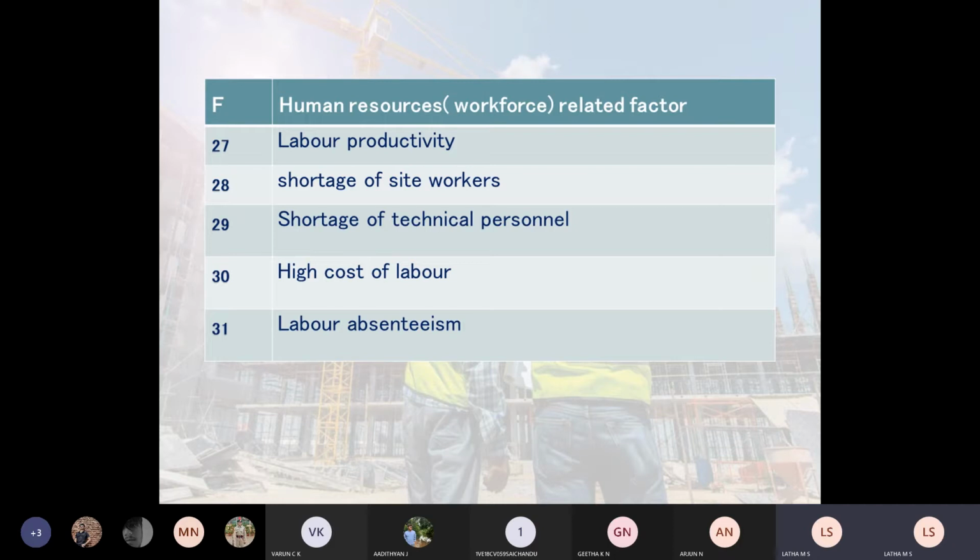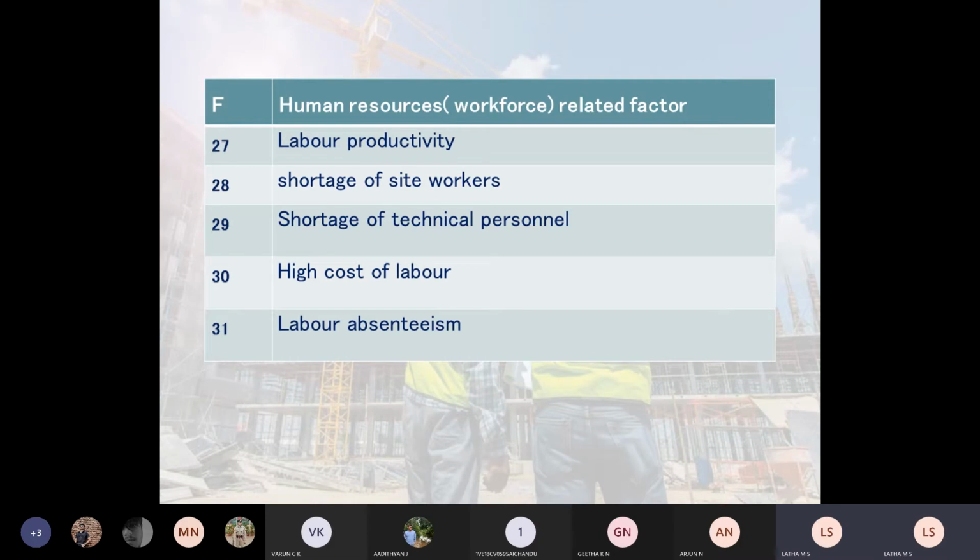Without them it is not possible. However robotic the construction is, we talk about robotic construction, artificial intelligence construction, but labors are labors, students. We cannot replace labors with any machinery. Am I correct? It is not at all possible to replace the labors by any machineries. You know, students, we are talking about artificial intelligence in construction. We are talking about robotics in construction. Do you know all this?